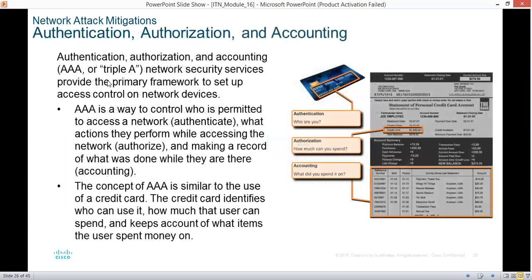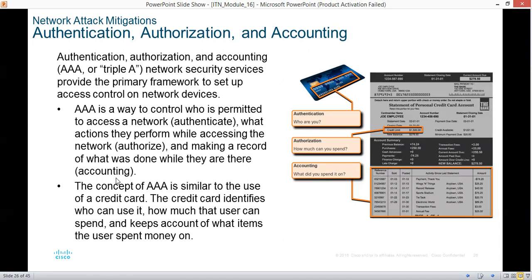software. So authentication, authorization, and accounting is a network security service that provides a primary framework to set up access control on your devices. The AAA is a way to control who is permitted to access the network, via authentication, and what actions the person performs while accessing the network, and making a record of what was done while they are